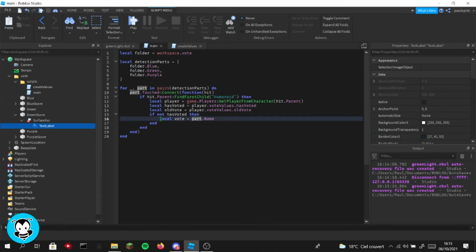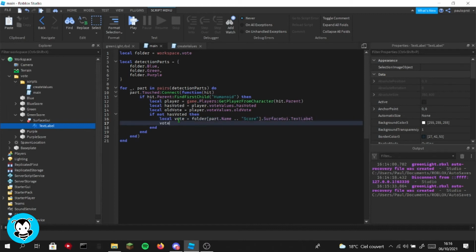So folder, and then pot dot name and score, and then surface GUI. Wait, you know what, actually I'm just gonna rename this. No, it's okay. Surface GUI and then text label. Okay,